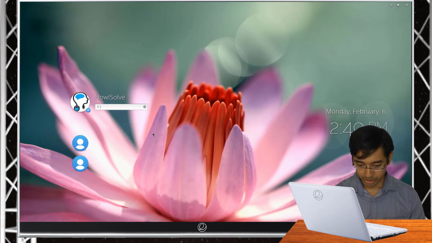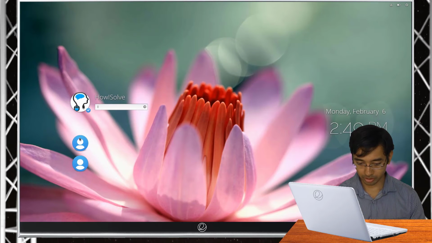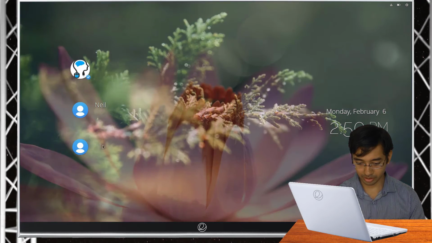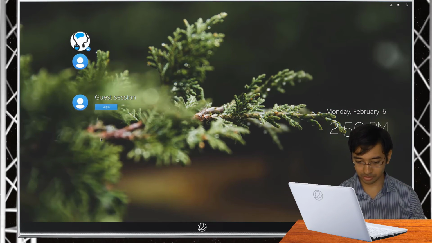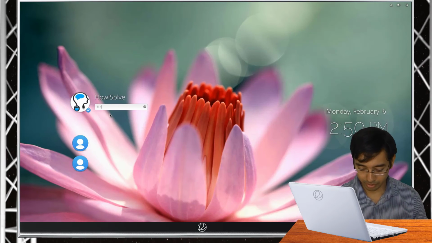Here there is a bug that I feel, because if you click on this, it changes the account, that is fine, but if you click on the avatar or the profile picture, then nothing happens. I feel that this should trigger when you click on the profile picture. At first when I used it, I struggled to change the user account, because when I tapped on here, nothing was happening. So yes, this is one more bug. Anyway, now we'll log in.